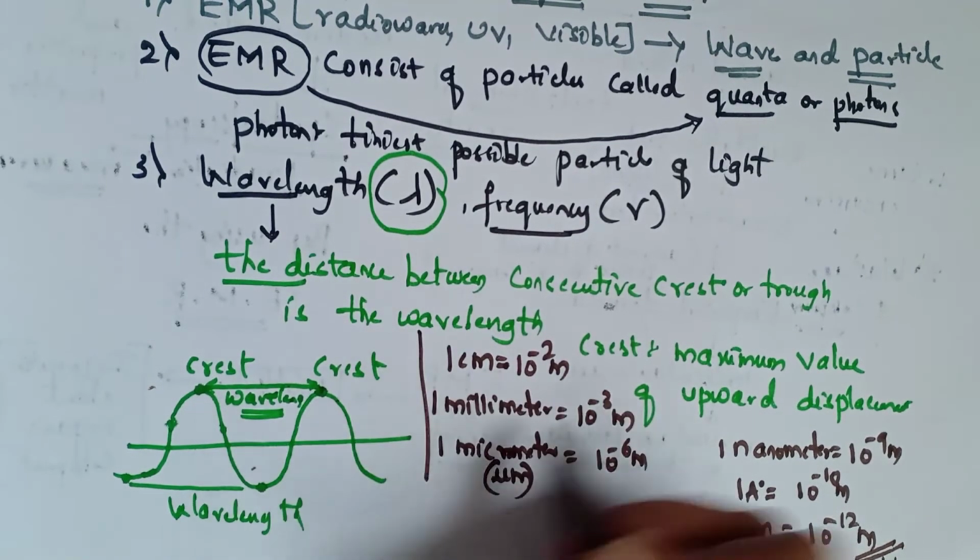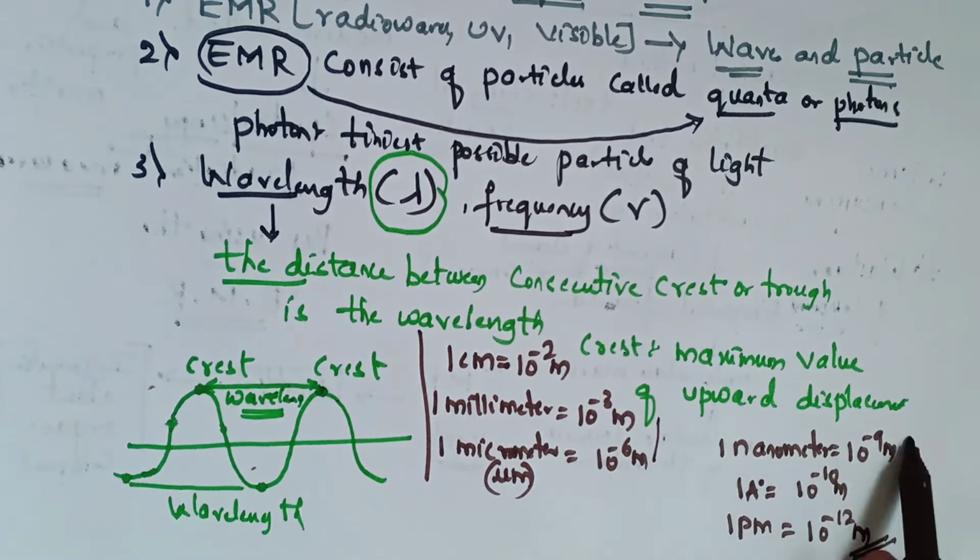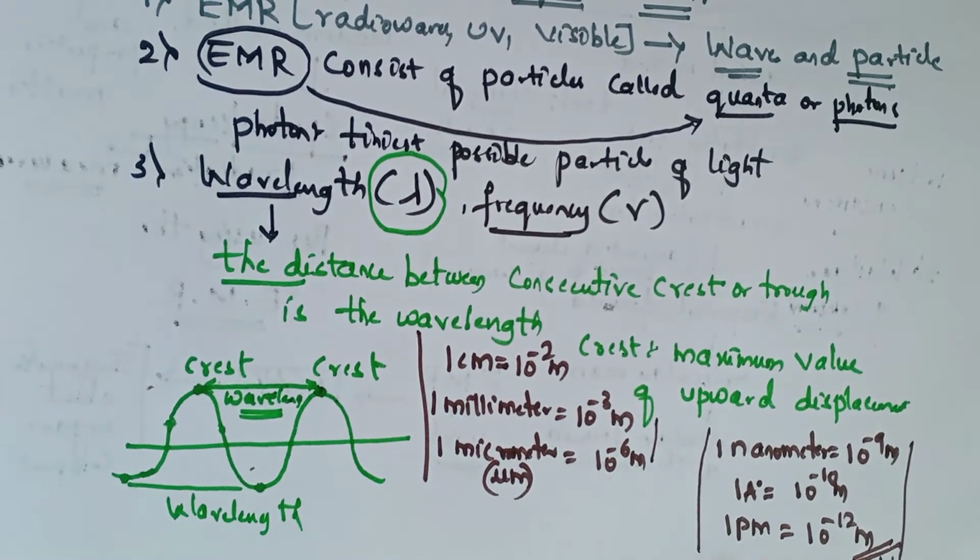And these units are very important. This is about the wavelength, that is, the wavelength of electromagnetic radiation expressed in meters. So I have said these conversions, these are very important. These conversions may come in the examination or in the viva voce.